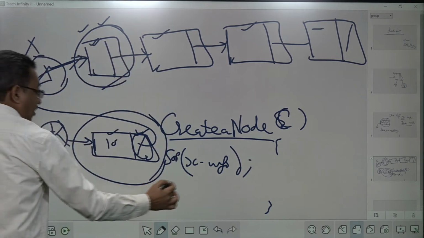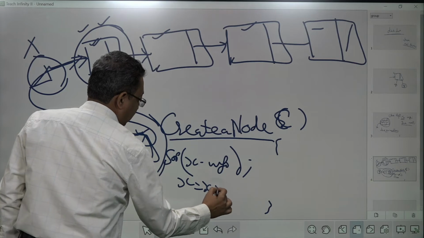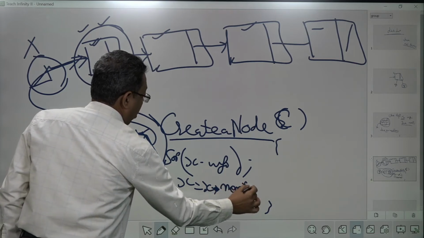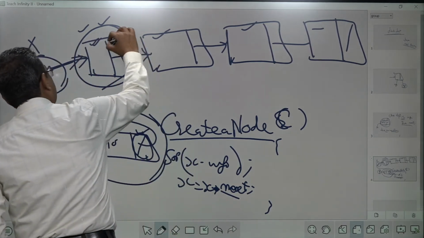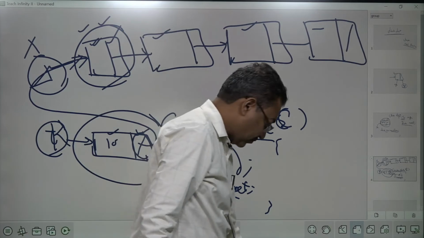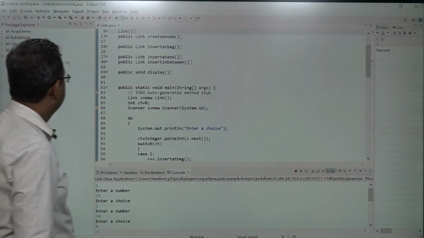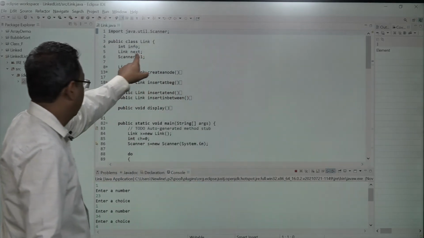and then X equal to X next, or we have made the use of variable, that is this one.